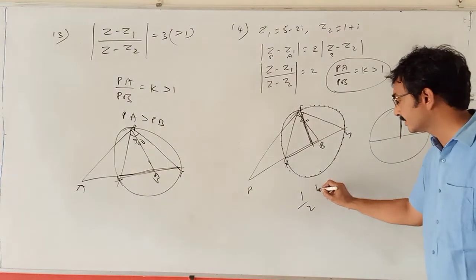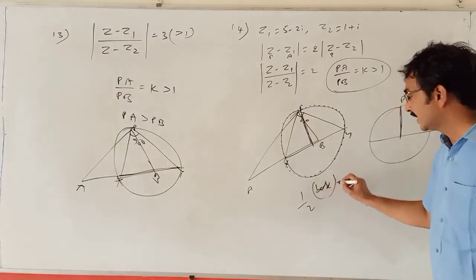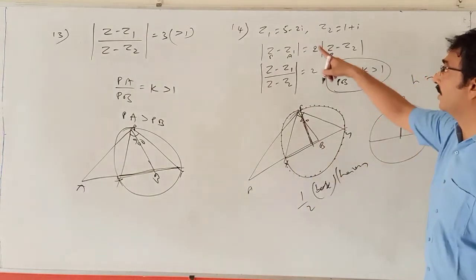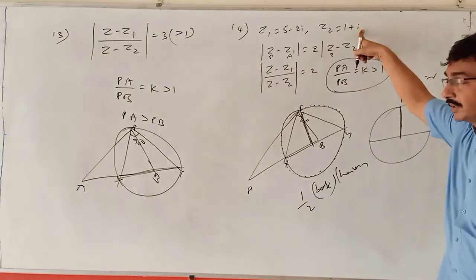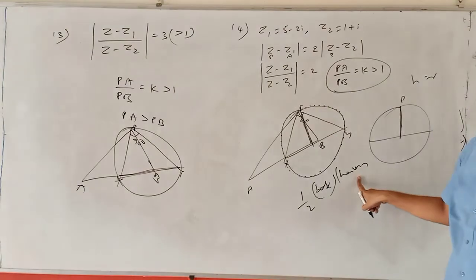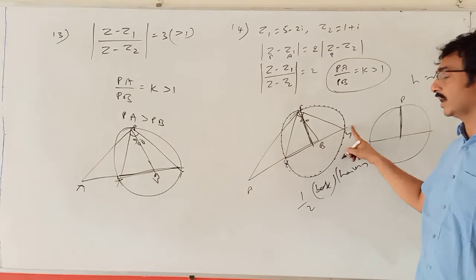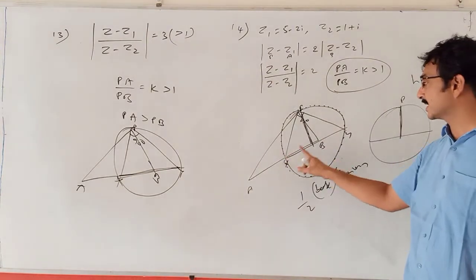Area of the triangle is half of base into height. Base is constant, AB. We can find the distance between the 2 points A and B. Now we need the radius of the circle. Radius of the circle is half of XY. And we have to find the values of X and Y.